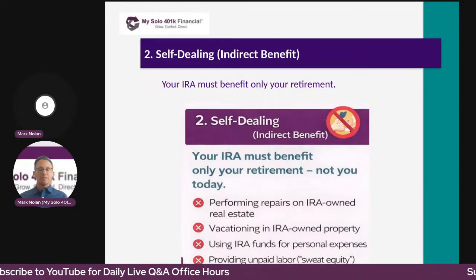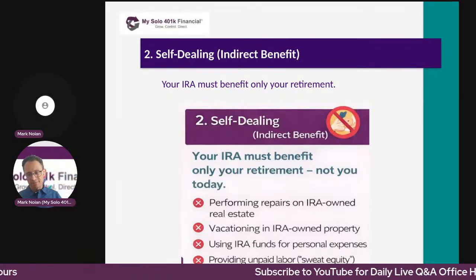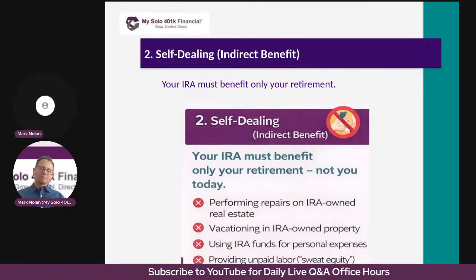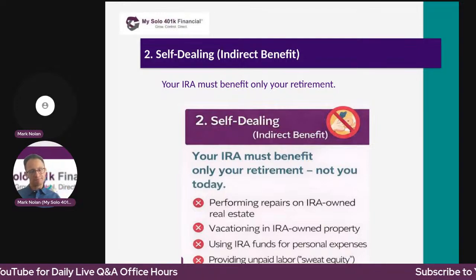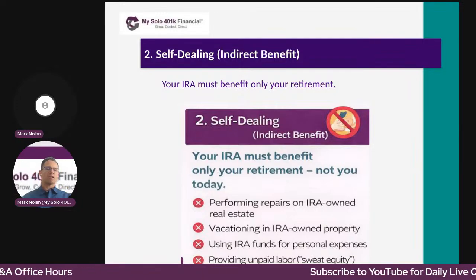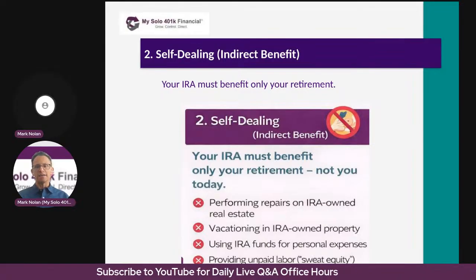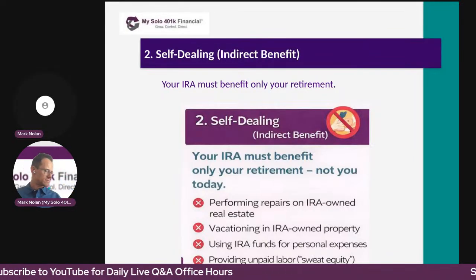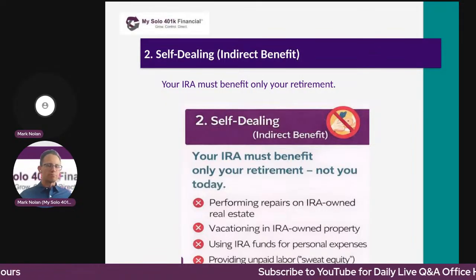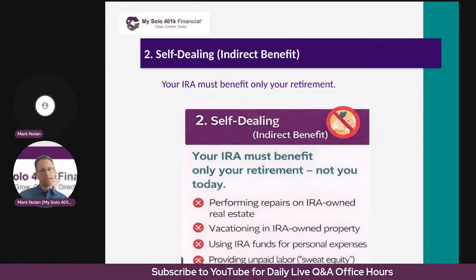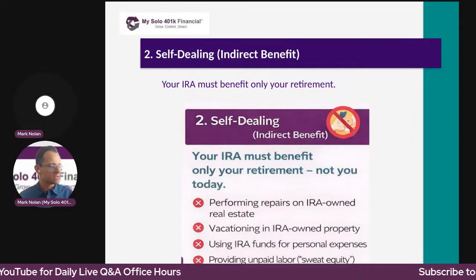Again, in the context of a self-directed IRA, even if no disqualified person is directly involved, you can still trigger a prohibited transaction through self-dealing. So self-dealing occurs when you personally benefit from a self-directed IRA investment outside of proper retirement distributions. And again, these same regulations will apply for the most part to a self-directed solo 401k plan. These are self-directed IRA prohibited transactions and examples of self-dealing.